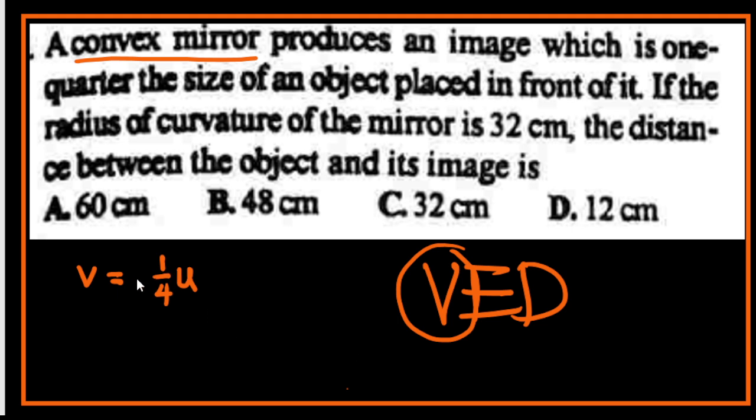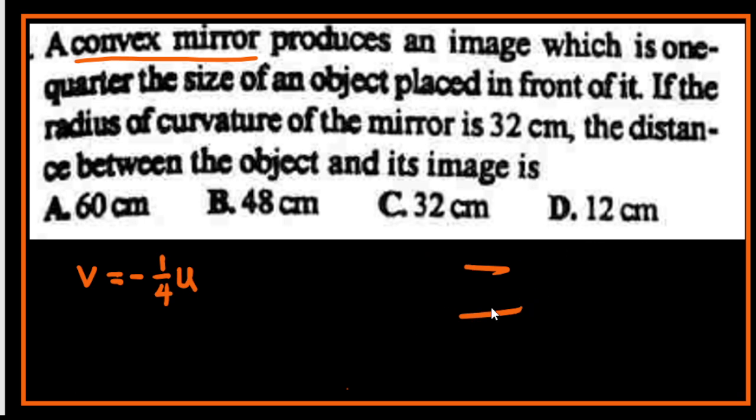The image is always virtual, so I must put minus here. Without a minus, you are going to get a wrong expression. Now, they said the radius of curvature of the mirror is 32, R is given as 32